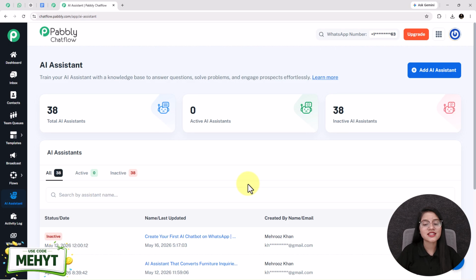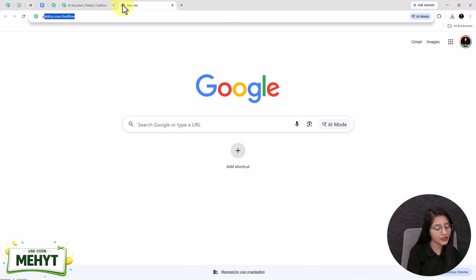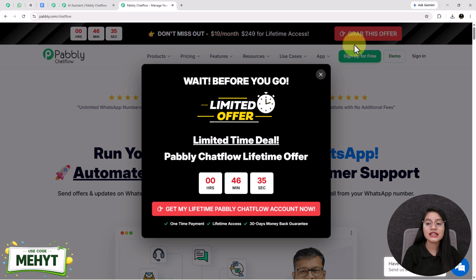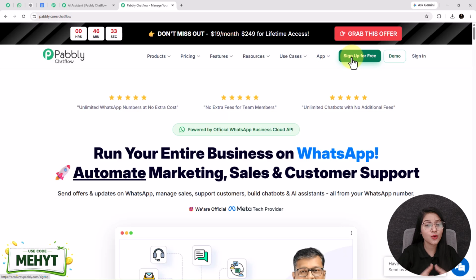Alright, so this is the AI assistant feature of Pabbly Chatflow. If you are an existing user of Pabbly, that is perfect, but if you are not, then go to pabbly.com/chatflow and do the sign up process. And you know what is the craziest part? Once you do this, you will receive 100 free credits every month to explore the software, which is perfect for testing purposes. Once you do the sign up process, you will reach the dashboard of Pabbly Chatflow,